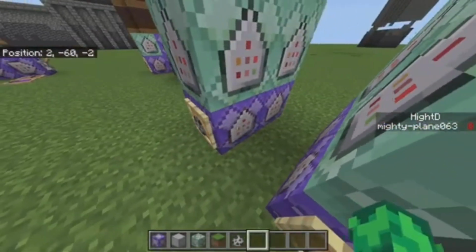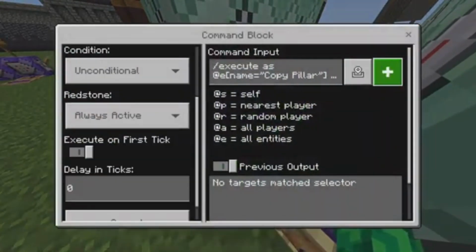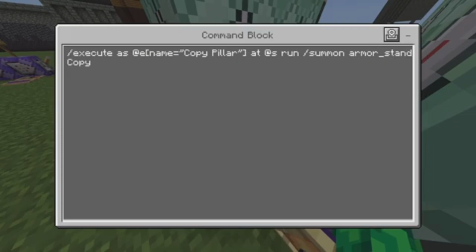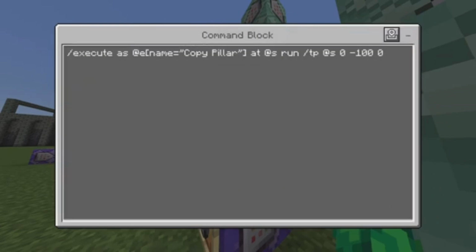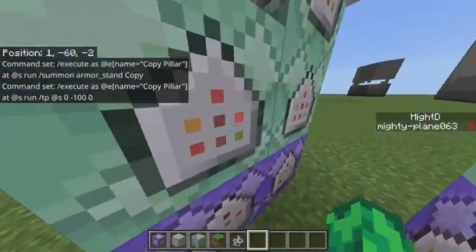And you're good. So first here, repeat, always active. And this one basically just summons an armor stand named copy when you place the spawn egg. Then unconditional, always active, chain block. And this one basically just kills the mob. It TPs underneath the void, so it naturally dies by the void, and you don't have to see the particle,